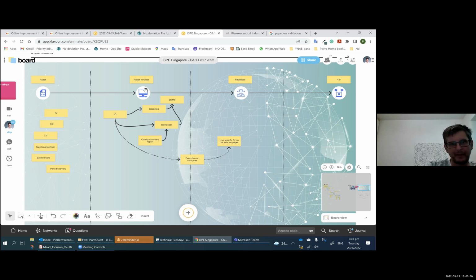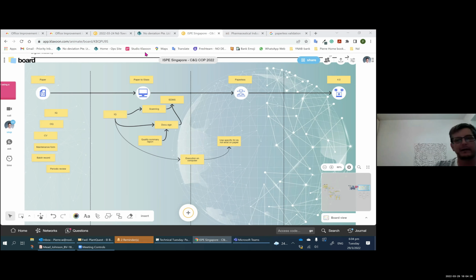So I don't know if I see some stuff in the chat, right? A person posted, she already sent this to me: in a paperless concept, especially for IOQ, in my opinion, it will be effective if the software function embeds the machine functionality, so it will put the URS and become the machine. Yeah, I agree with you, right?